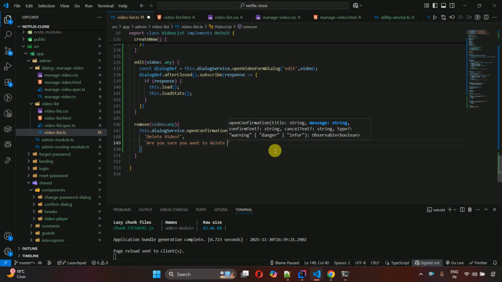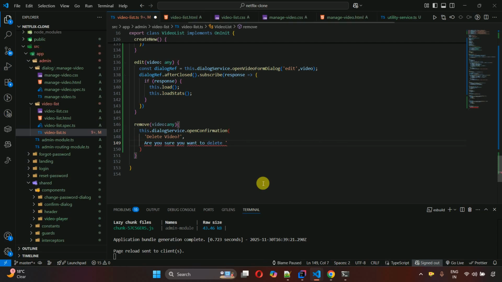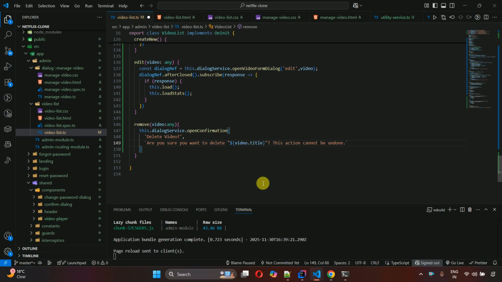So I'm just going to, okay, let's make it as double quotes, not double quotes, the different symbol, this one, just above the tab one this symbol exists, and over here in backticks we just write dollar curly brackets, and here video dot title, and just after the backticks we have this question mark, and this action cannot be undone. This is the message we want to show to the user, and then we have comma,